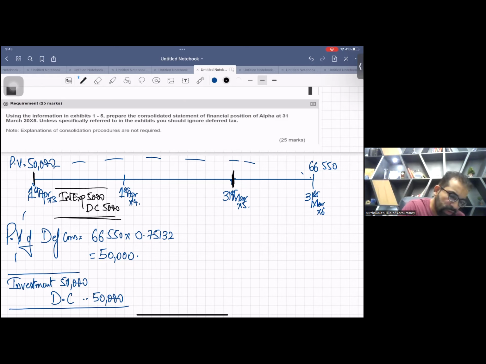Okay. So now 50 plus 5, this will become 55,000. Now, as you know, this whole game is compound interest game. Don't forget. So in the second year, in the second accounting period, the outstanding amount is 55,000. So 55,000 times 10% is 5,500. So the entry will be,